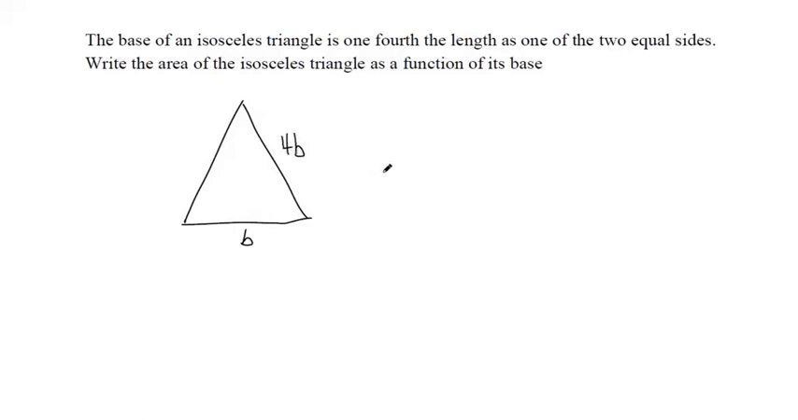Okay. So we're supposed to write the area of the isosceles triangle as a function of its base. So that means you need to calculate A only using b, its base. That's what that last sentence tells us to do. So to figure that out, we need to know the area of this triangle. And the area of a triangle is always 1/2 times base times height, where the height makes a right angle